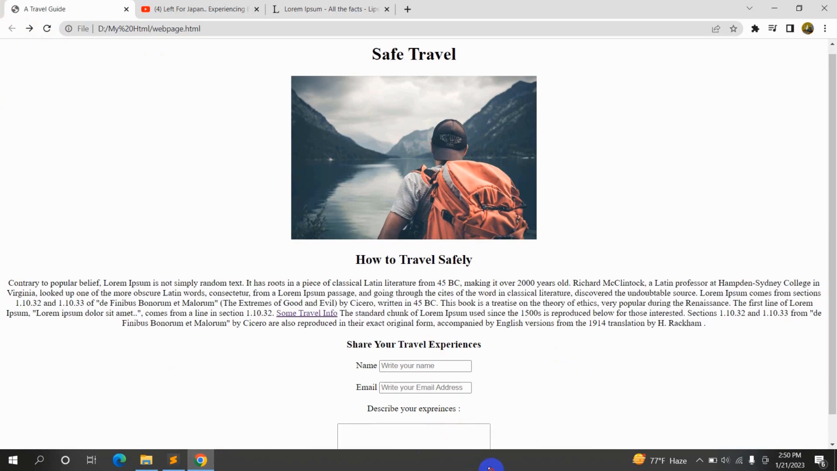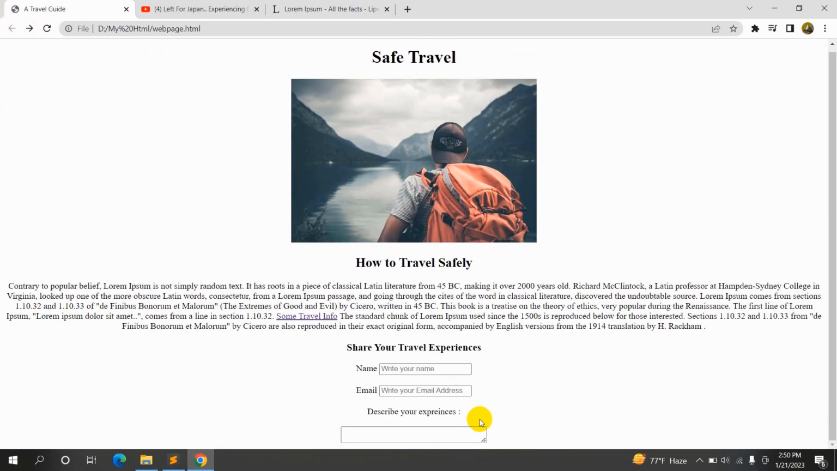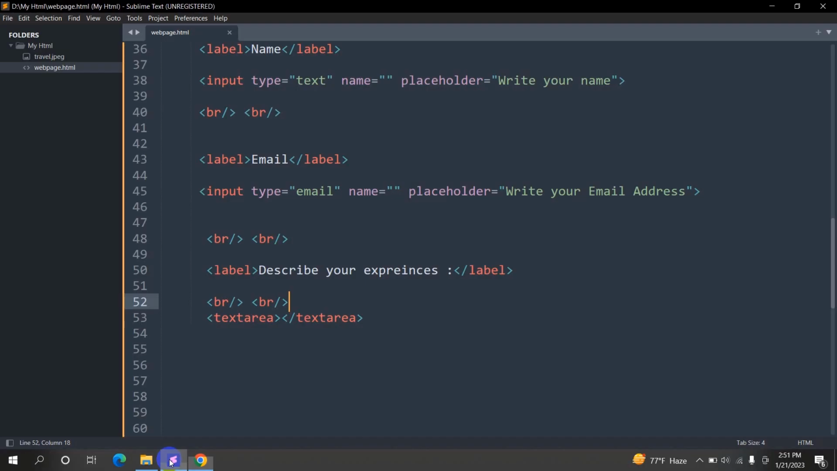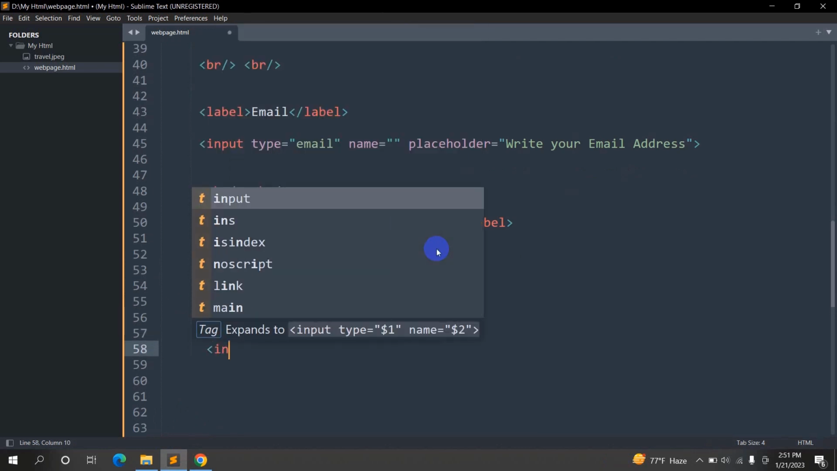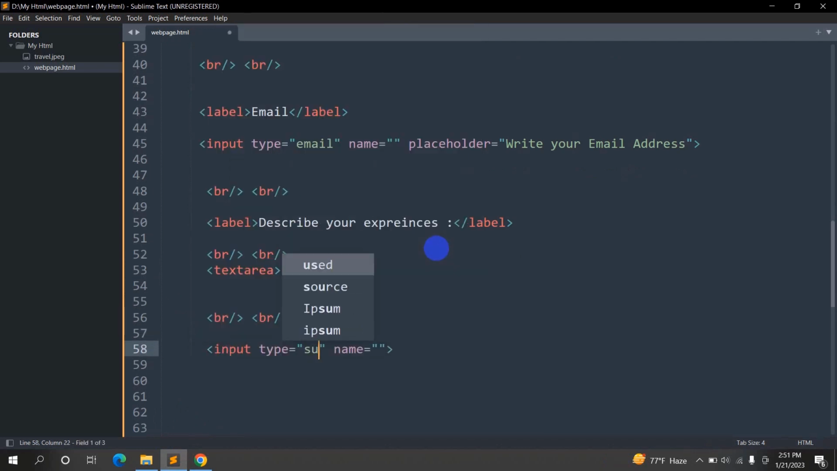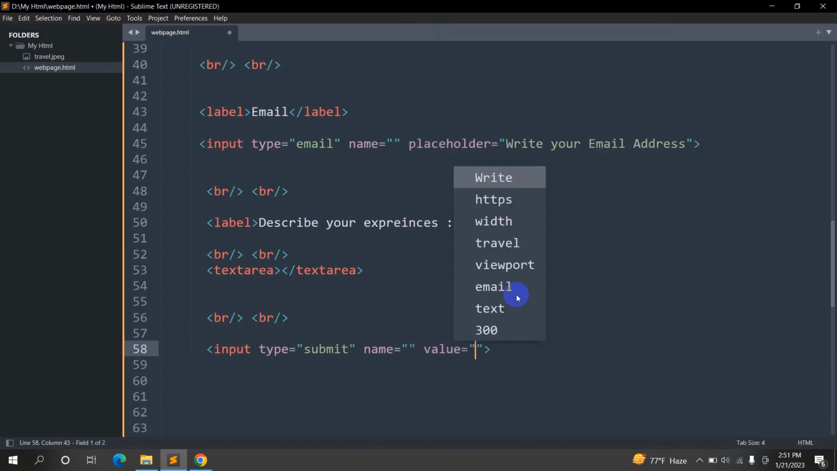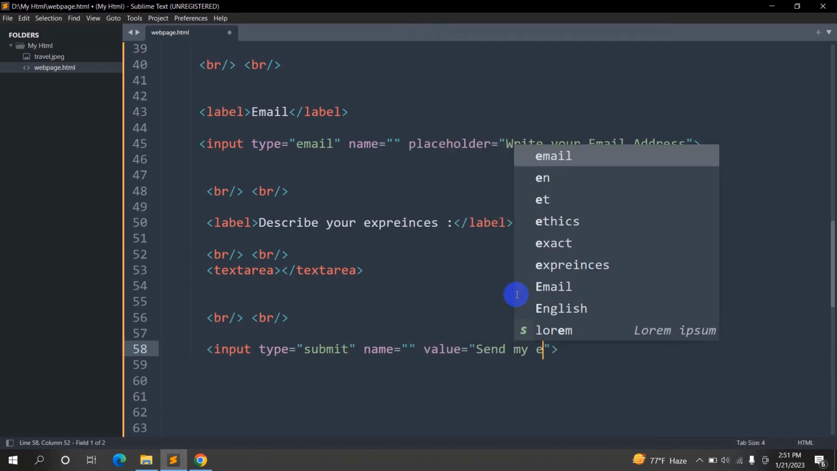Okay, describe your experiences. After this, if you want, you can add some radio buttons, some questionnaires, and some checkboxes. But I think up until now this is fine. We'll just add a submit button after this. So over here, let me just give a br, then we'll say input type submit, and the